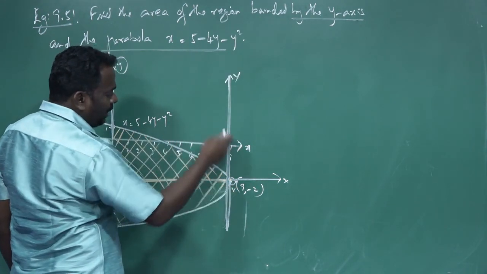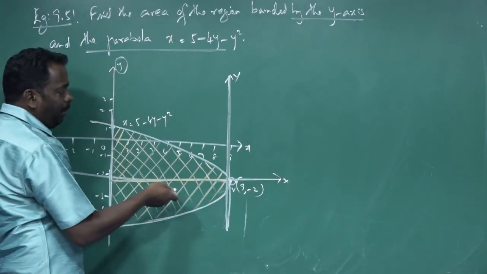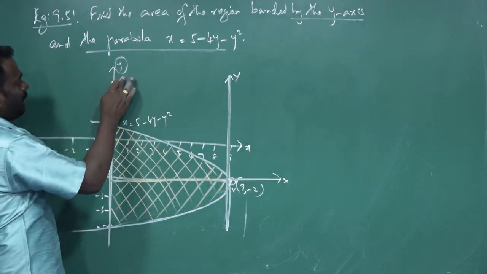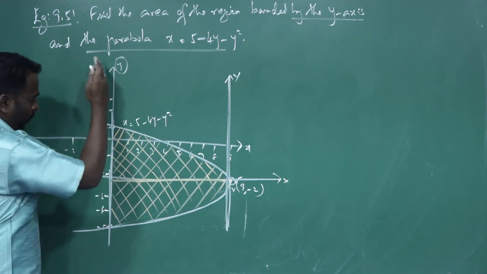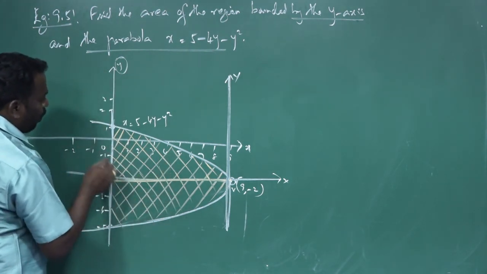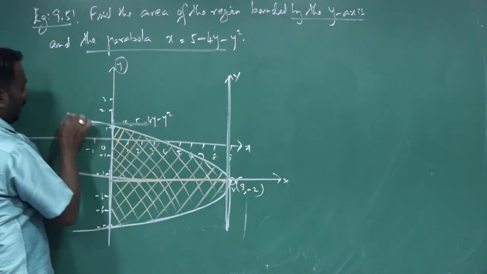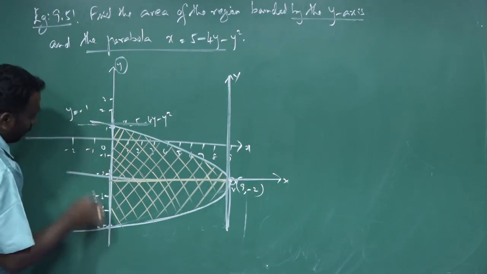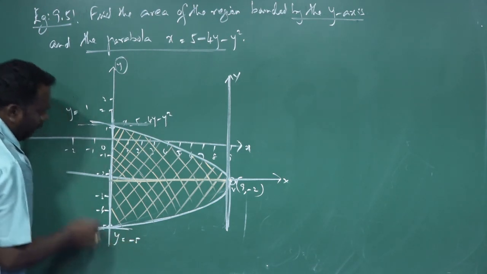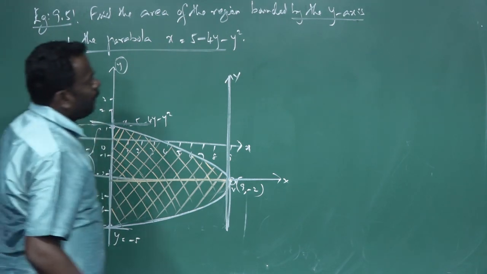About the vertex point, capital X capital Y, there is no need of comparison of capital X and capital Y. Here we have to compare small x and small y. One boundary is the y-axis, and the area is obtained on the right side of the y-axis. Therefore the boundaries are: this point, y equal to minus 1 and y equal to plus 1, and another boundary is this line y equal to minus 5. Therefore our limits are y equal to minus 5 to plus 1.